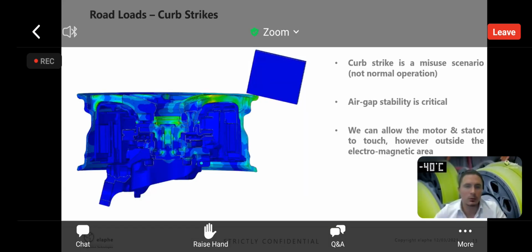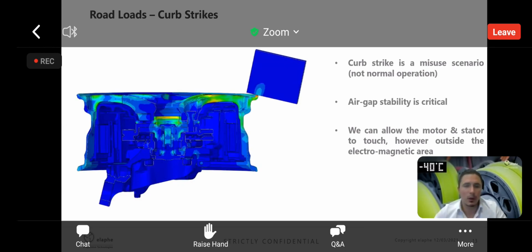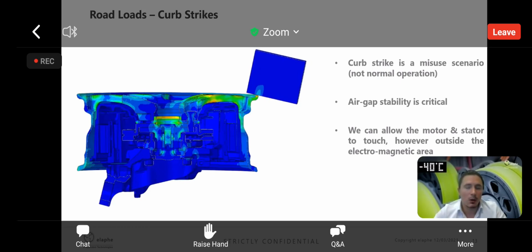scenario is something that is easier to accommodate with the motor design, by being as stiff as possible, and to ensure that during shocks the motor doesn't deform